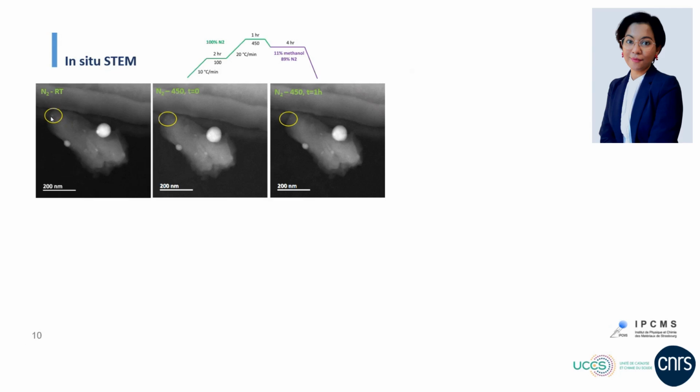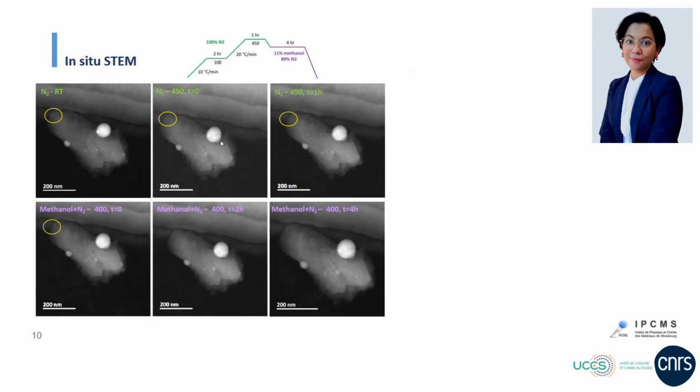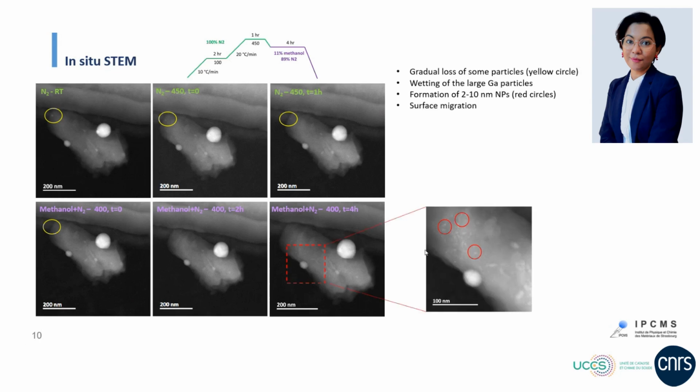So this is what the observation gives us. As you can see here, at room temperature, in yellow, we see some particles here as well. The big ones are gallium, and this is zeolite. And with increase in temperature and time, we see loss of some of the areas, and in some cases, we see wetting of the bigger gallium particles. Once we introduce methanol, we don't see much up until 2 hours, and then finally we start to